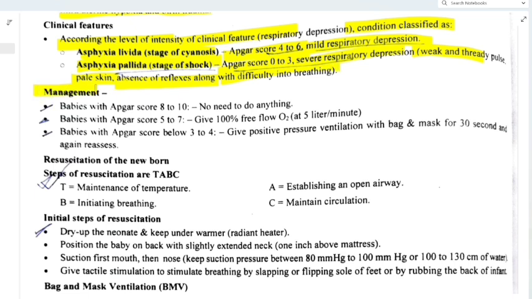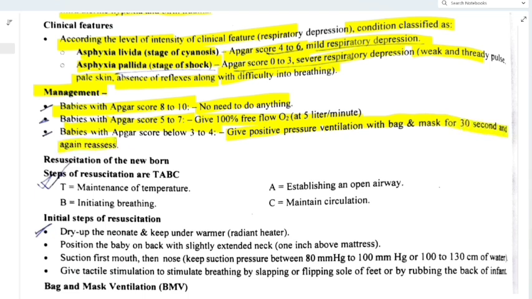Now coming to the management. Babies with Apgar score 8 to 10, there is no need to do anything. So this is actually a healthy baby. Now if Apgar score is between 5 to 7, then we have to start 100% free flow oxygen at 5 liters per minute. Then babies with Apgar score below 3 to 4, again a severe condition, give positive pressure ventilation with bag and mask ventilation for 30 seconds and